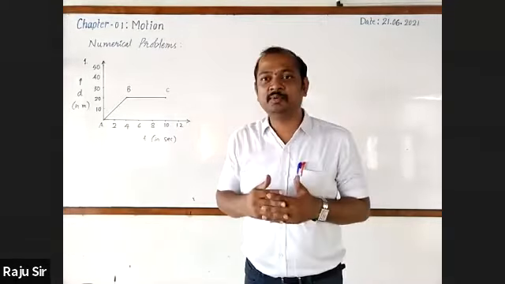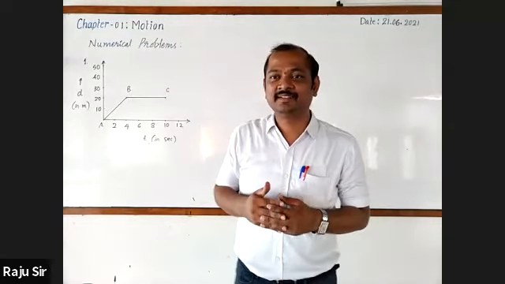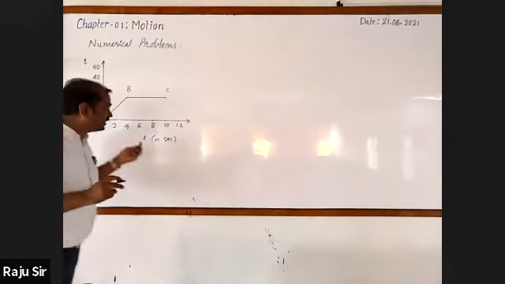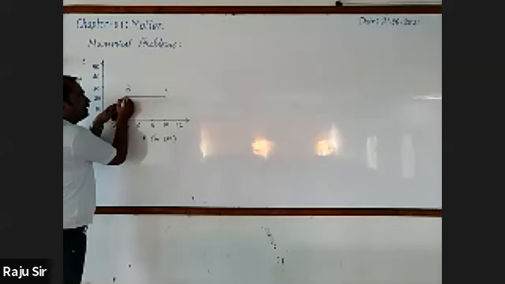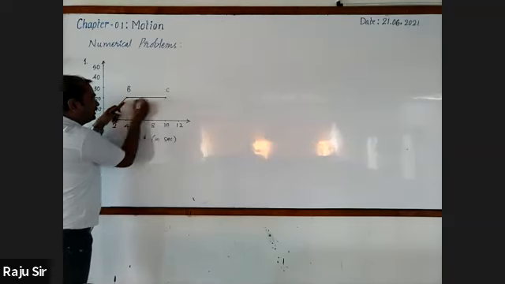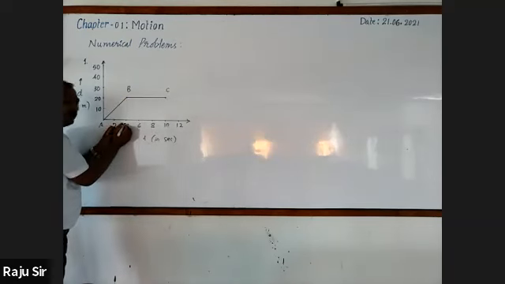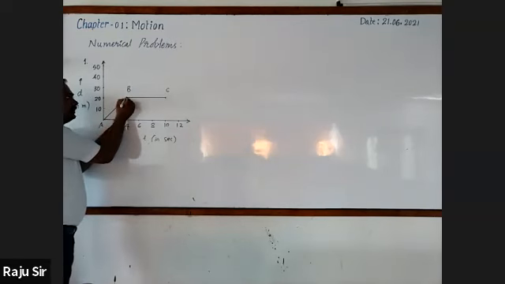Could you tell how did you decide that? Sir, final velocity minus initial velocity gives the time. Your answer is correct, but you have to take final time. Now, the time the body is at rest is represented by BC. When the body travels and after 4 seconds, it is at rest.